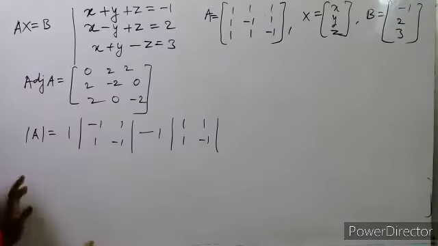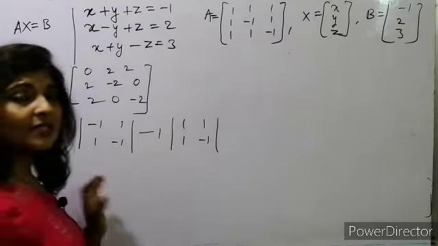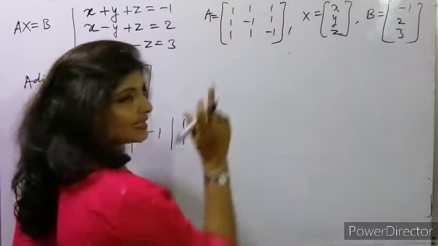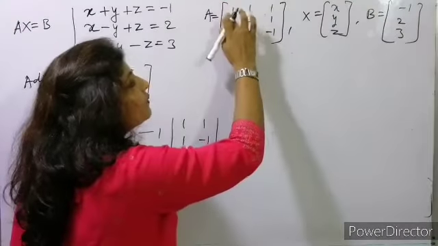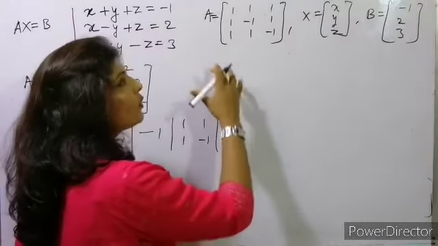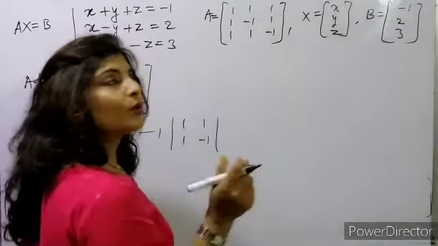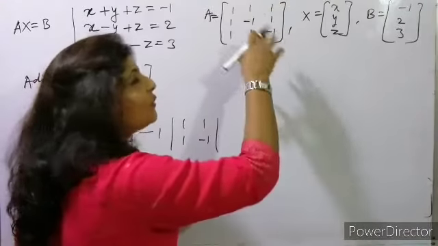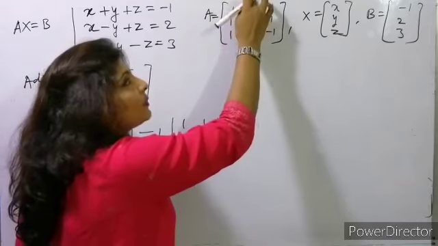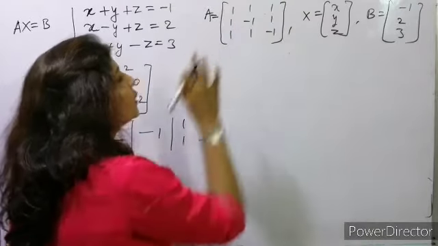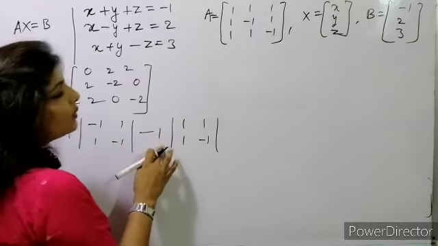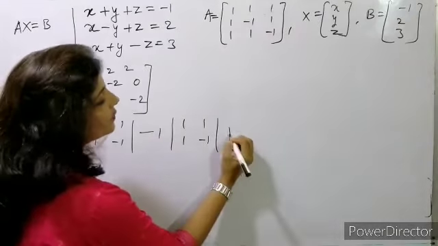Why are we taking it like this? What is the value of a determinant? The value of the determinant of a given matrix that is 3 cross 3: first of all, any row or any column we can consider. So here we are taking the first row. For the first row there are 3 values, 1 1 1. For this it will be positive, negative, positive, plus minus plus. So 1 we have taken positive, again we have taken minus, and again we will take plus 1.